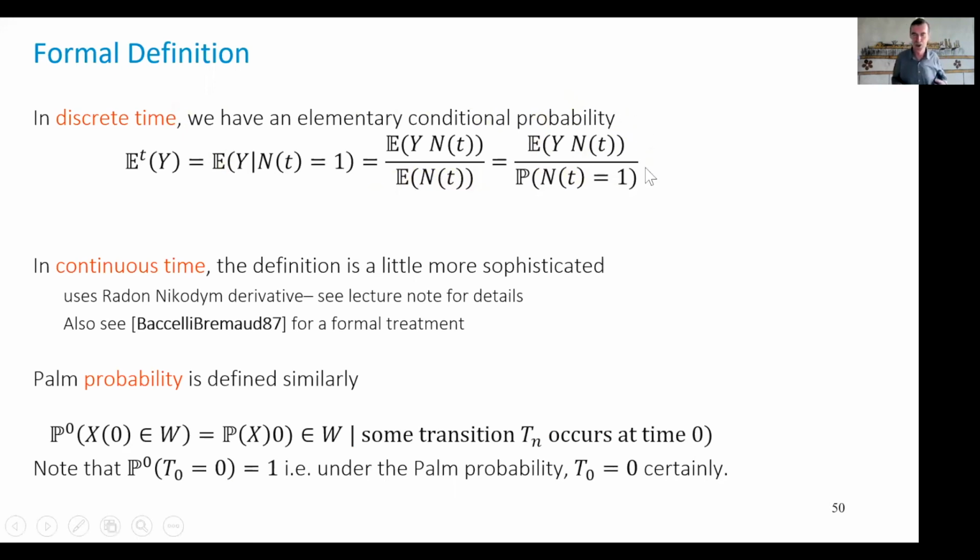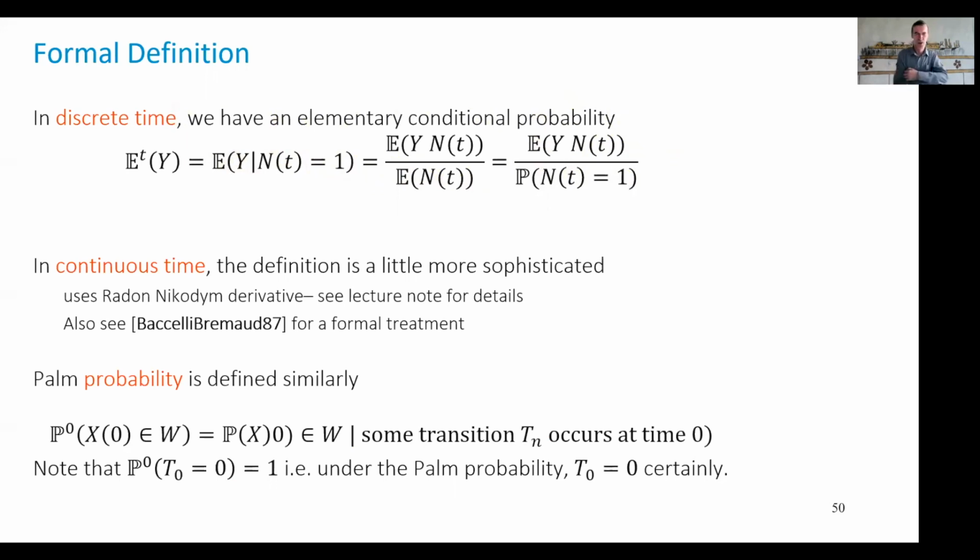We can view what I said about the importance of the viewpoint as, again, when we take conditional probabilities, of course, we change the probability. In continuous time, unfortunately, this doesn't work. For example, if I take a Poisson process, which is a continuous time point process, and I say n of t is 1 if there is an arrival exactly at t equal 1, well, I can define this. But the probability that a given t has n of t equal 1 will be equal to 0. In continuous time, the probability that an arrival occurs at exactly one time that you specify is 0.